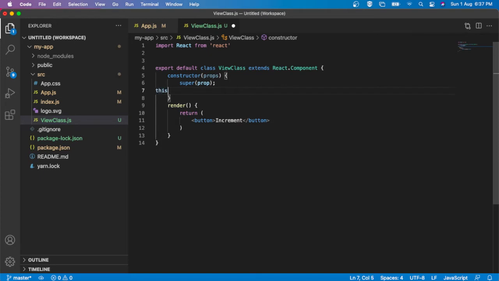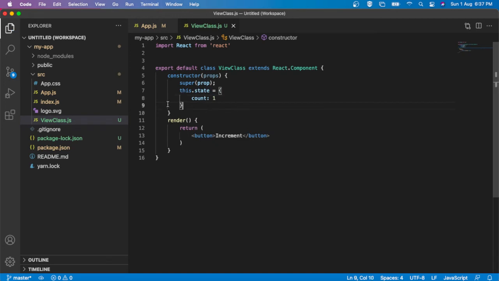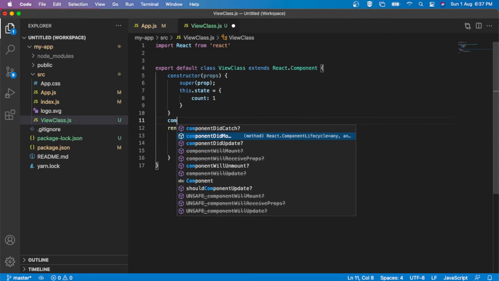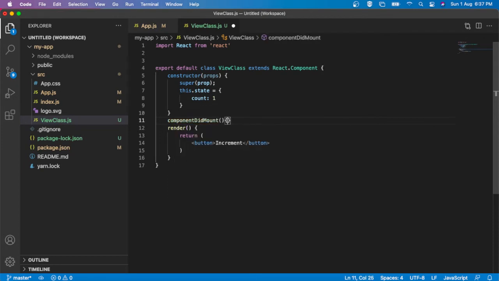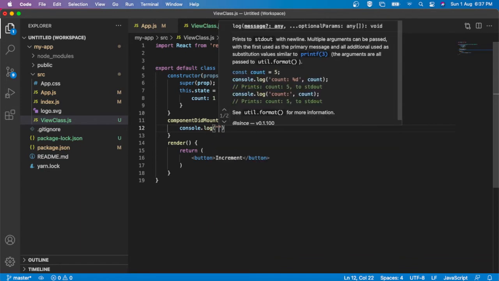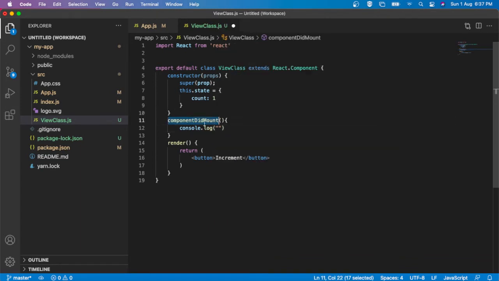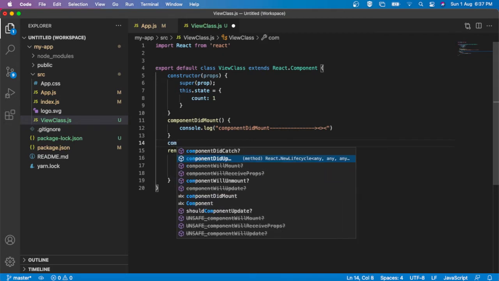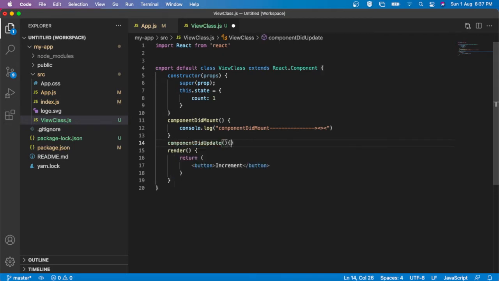Now here I am going to declare a state: this.state count equal to 1. Now I am going to use the most important lifecycle method, componentDidMount.